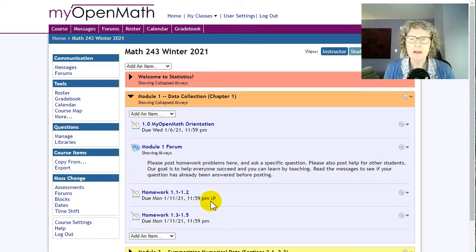And when it says LP, that stands for late pass. Late pass should be allowed on every assignment. This is a great feature of the system. It lets you give yourself your own extension. So if you click on late pass, then your deadline will be extended by 1 week. Okay, I do have a flexible policy, so if you ever get behind or something comes up, please use this. Please contact me if you need more late passes. I can give you more.